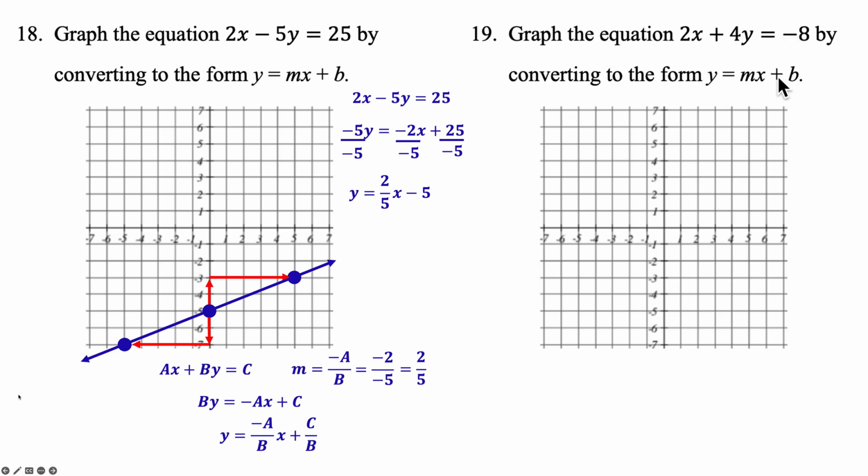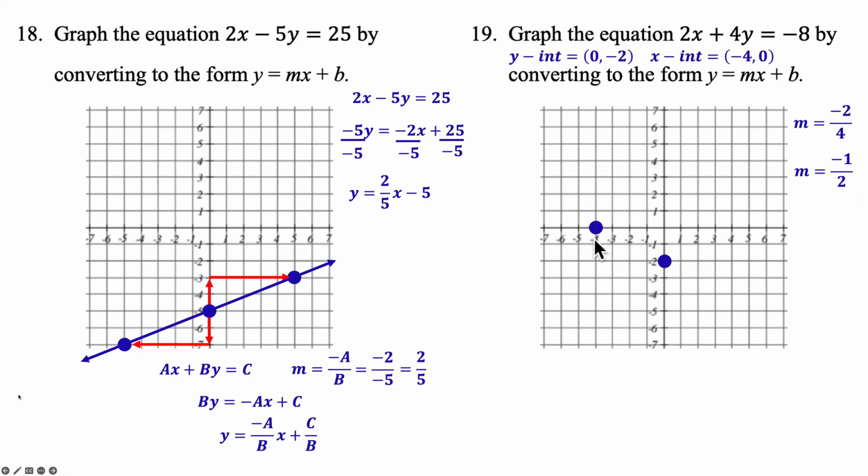I'm not going to convert this into y equals mx plus b. I'm going to work smarter, not harder. I'm going to find the y-intercept, cover up the 2x, y equals negative 2, so that's 0, negative 2. Plot that point. I'm going to cover up the y term, 2x equals negative 8, x equals negative 4. There's my x-intercept. So my slope would be negative 2 over 4, which reduces to negative 1/2,